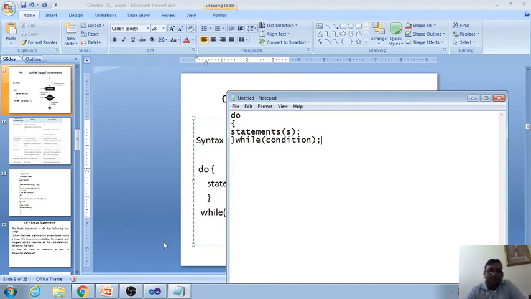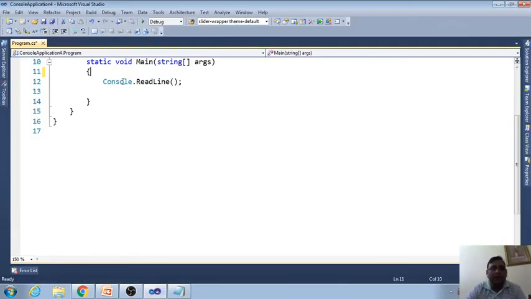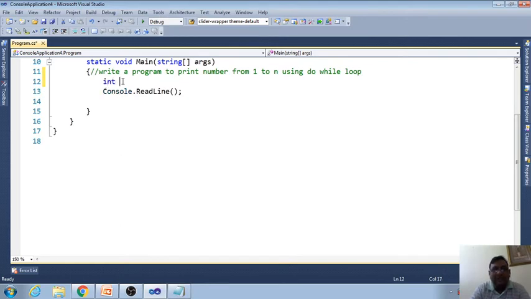Okay, so I am going to write one program: write a program to print numbers from 1 to n using do while loop. First I will declare the variable n, and for n I will take the data from the keyboard.